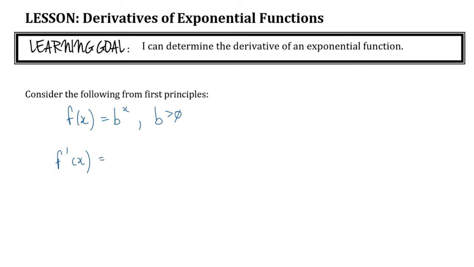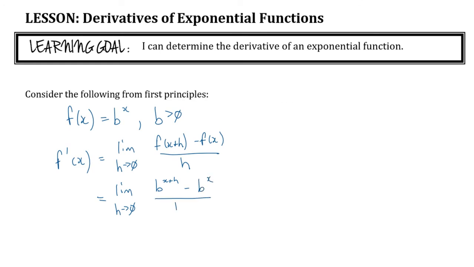But anyway, so if f of x is b to the x, some base b, any base, then its derivative f prime is the limit as h approaches 0. Now you're starting to remember what I meant by first principles. Of f of x plus h minus f of x over h. Okay, but what is f of x? f of x is b to the x. So this is equal to the limit as h approaches 0 of b to the x plus h minus b to the x, all over h,